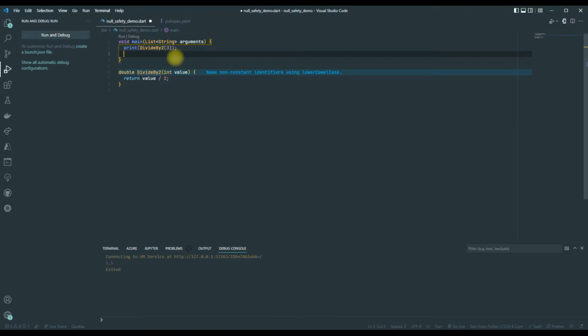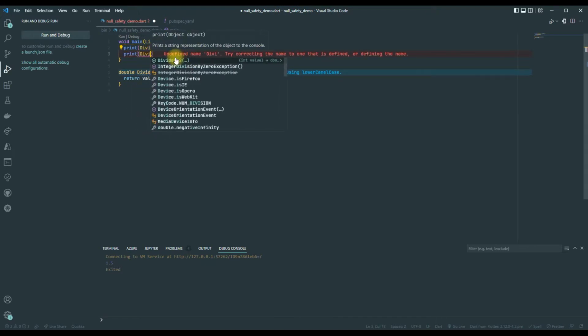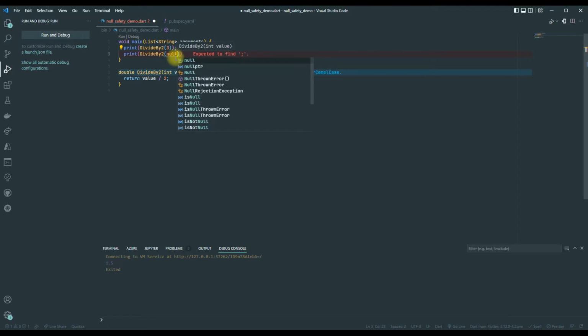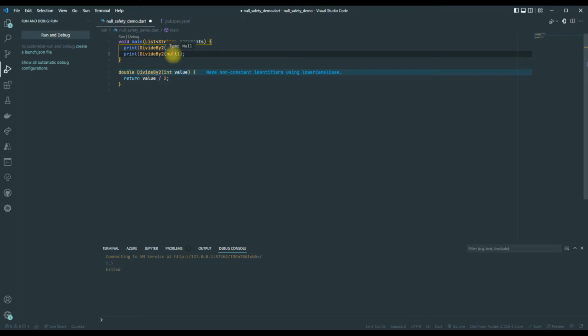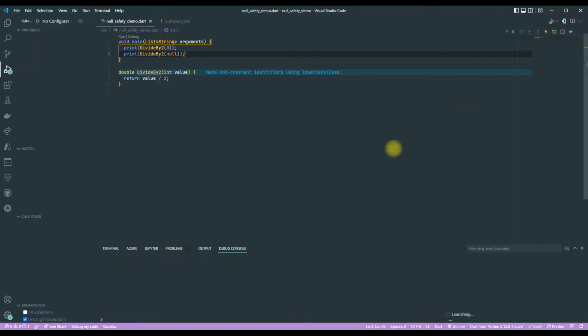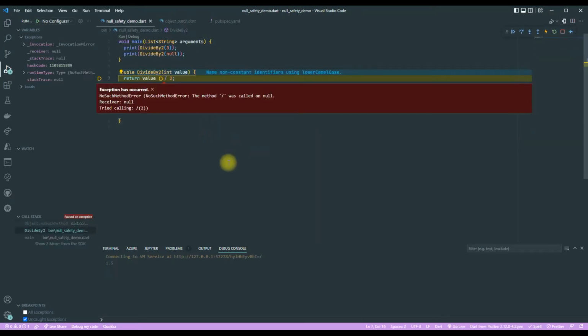Now let's try something else. Let's try to call our divide by 2 function on null. So this is the first time where we see null, and you can also use it in this way, and it really means nothing. And as you might expect, you can't really divide null by 2. So this will probably give an error. Let's have a look. And there you go. Here it says no such method error, meaning you can't divide null. Basically, that's what it's saying. Okay, so